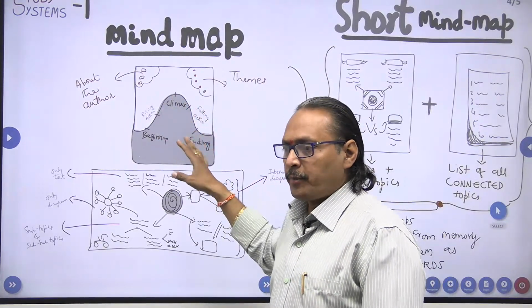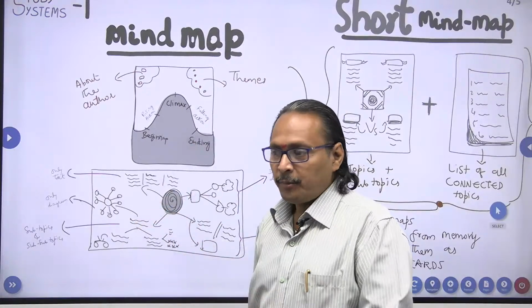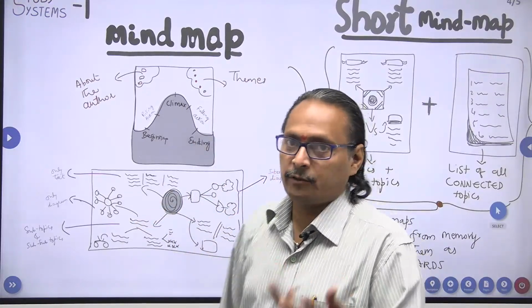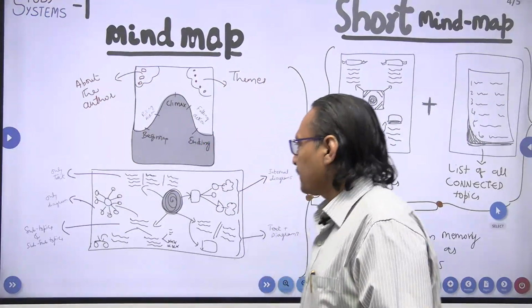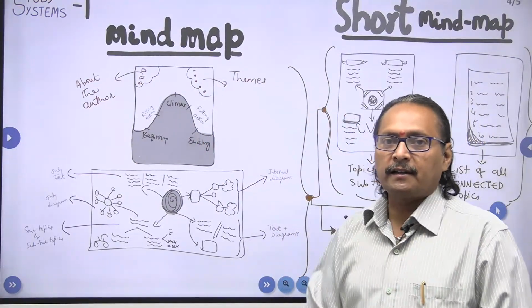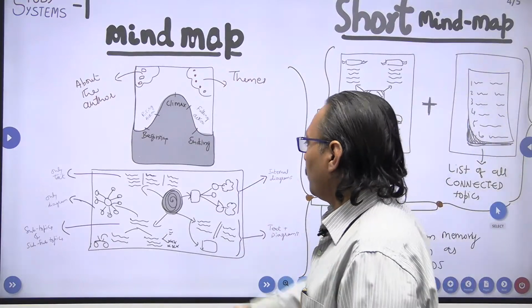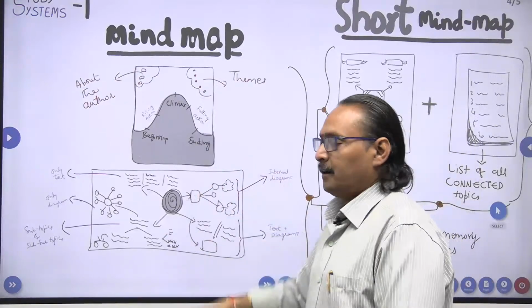This kind of mind mapping can also take you to another form, which you find here, because you may ask me, sir, what about science? What about economics? What about social studies? What about public administration, political science? There are different other subjects as well. So how is this particular technique going to be useful? In order to answer that, I have taken another diagram as well.